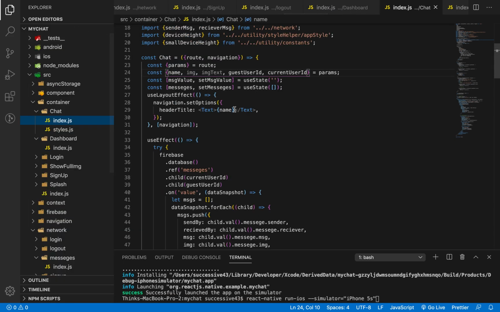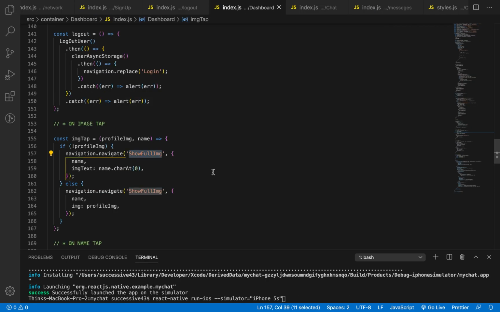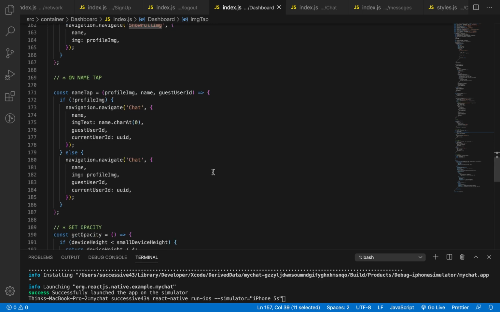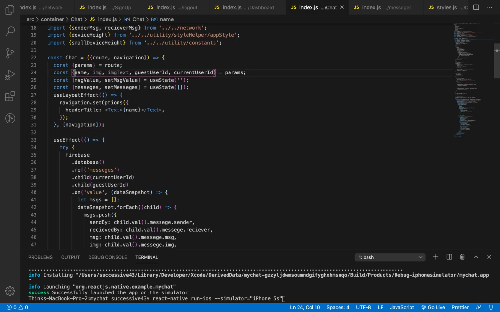When we navigate to our chat screen from the dashboard, we are sending the name there. You can see we are sending the current guest username from there. So when we click on the image, we'll be able to see who has sent the image. So let's